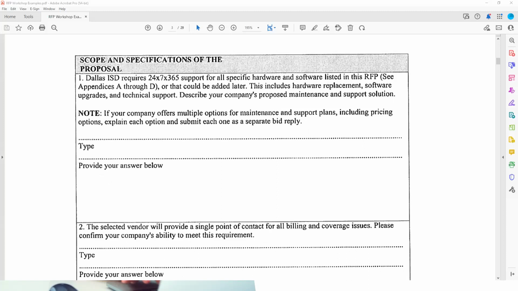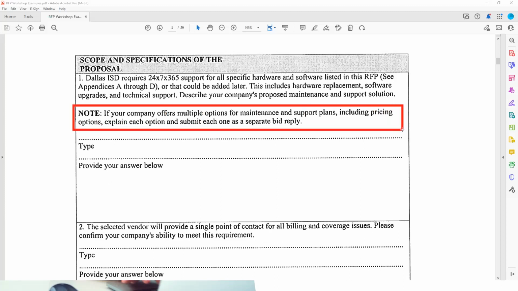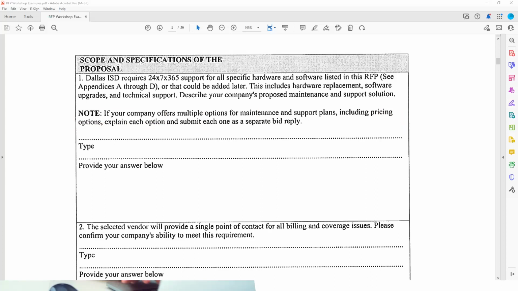Now it says note here. And I want to highlight that because if your company offers multiple options for maintenance and support plans, including pricing options, explain each option and submit each one as a separate bid reply. That's important. Right? So it's these little small details that you guys have to pay attention to in order to make sure that you're responding appropriately. Now, obviously, this particular RFP is going to be different than another one, but the point that I want to show you guys is that you have to kind of take your time with these things, and you have to